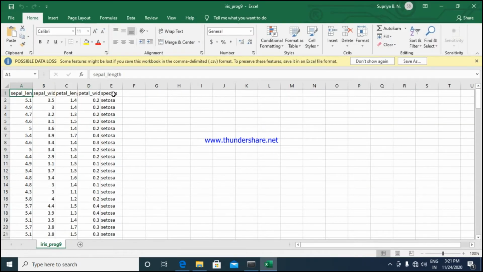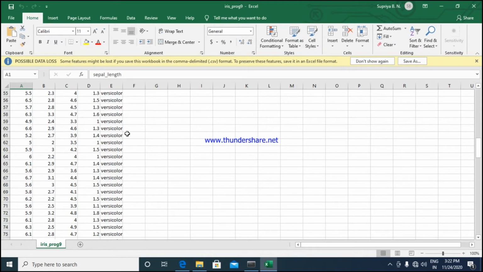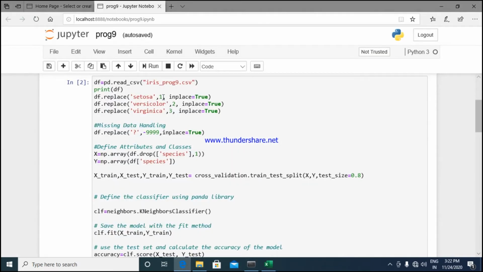Here I have the species setosa, versicolor, and virginica. In the program I'll replace them with the values 1, 2 and 3, with inplace true. If you have any missing values in your data set, I'll replace them with either a negative value or a question mark.